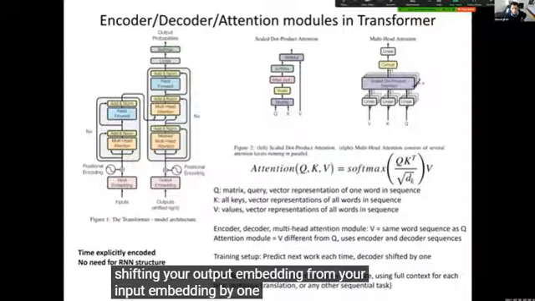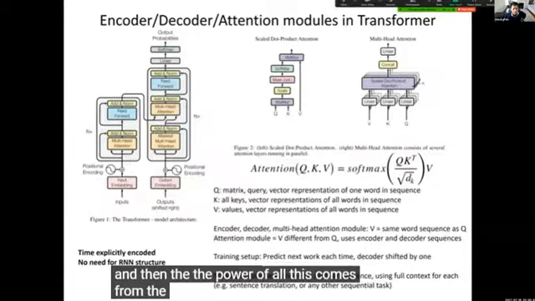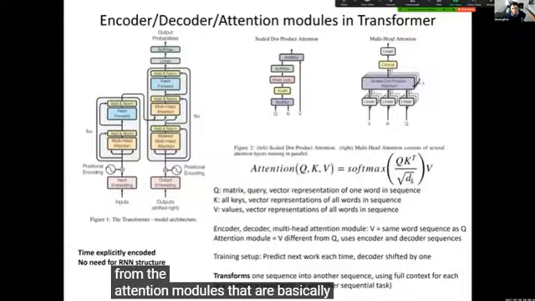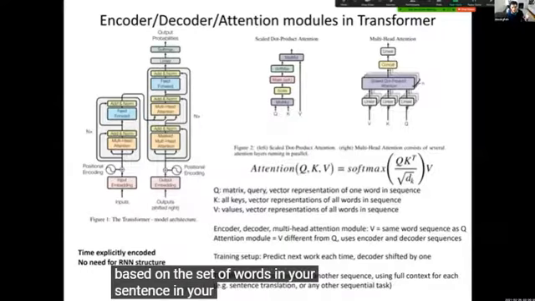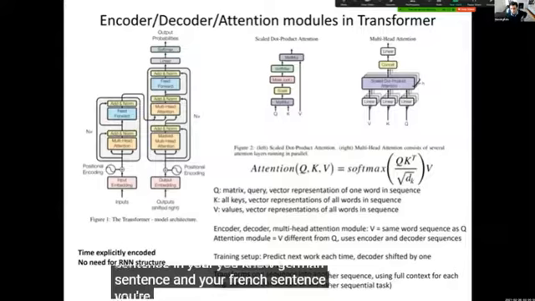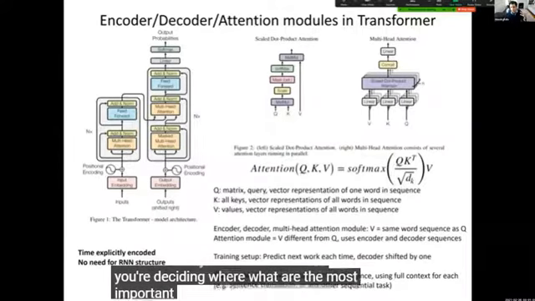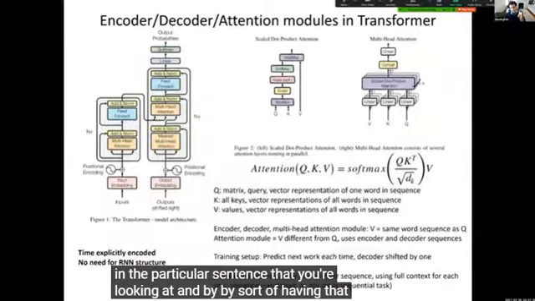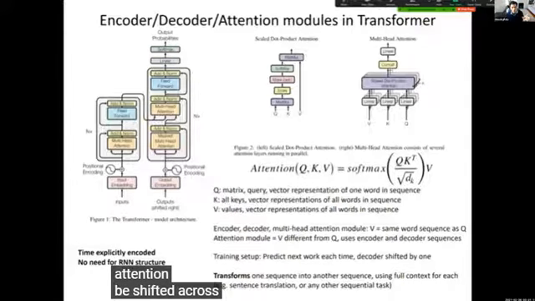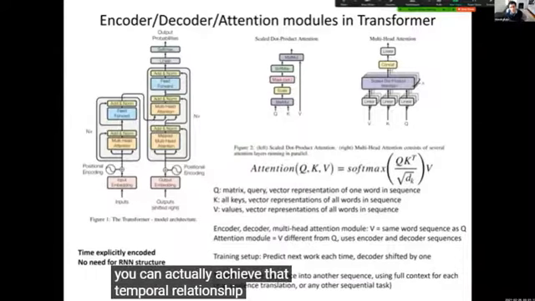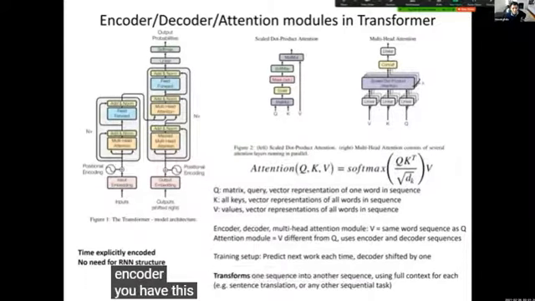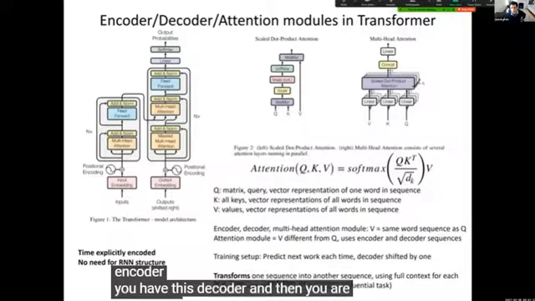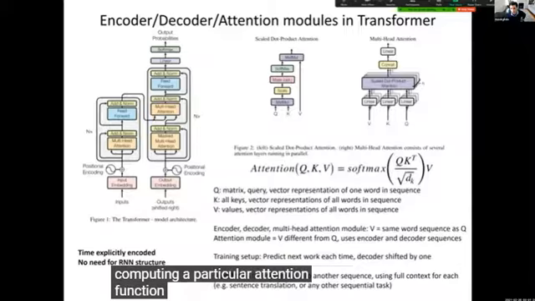Then the power of all this comes from the attention modules that are deciding, based on the set of words in your German sentence and your French sentence, what are the most important words in the particular sentence that you're looking at. By having that attention be shifted across the multiple time points, you can achieve that temporal relationship. So you have this encoder, you have this decoder, and then you are computing a particular attention function